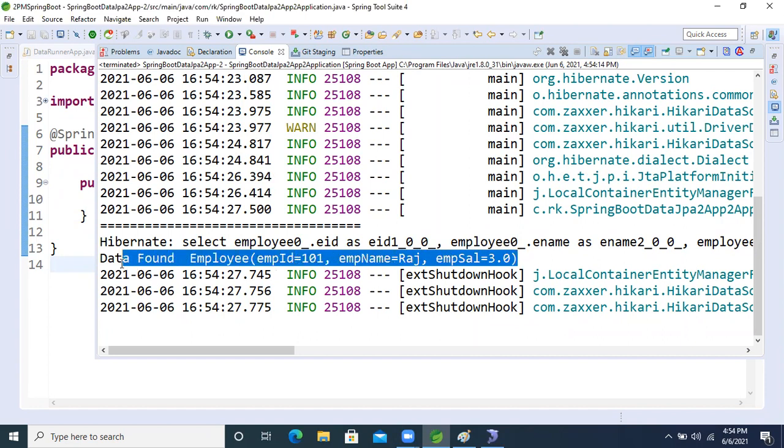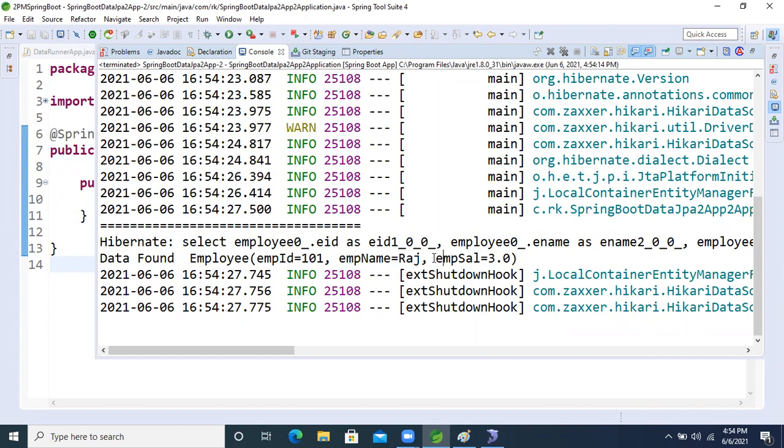It's existing. Data found. 101, employee name Raj, and employee salary. We are getting it or not? Yes, sir. Okay, fine.